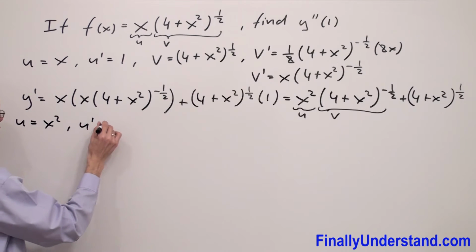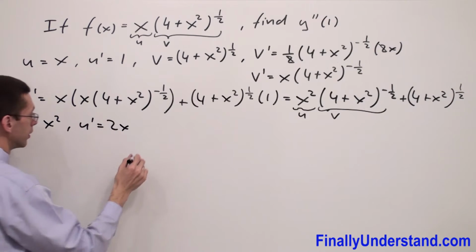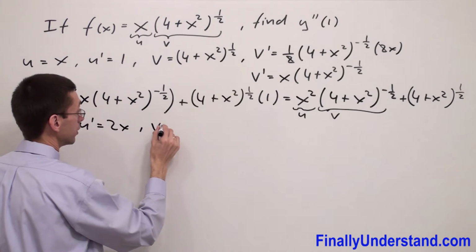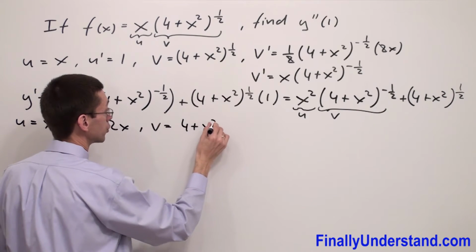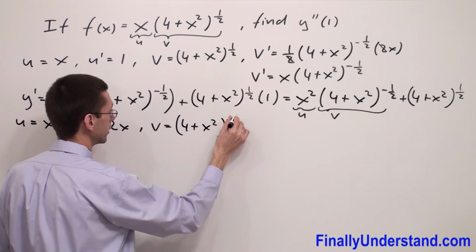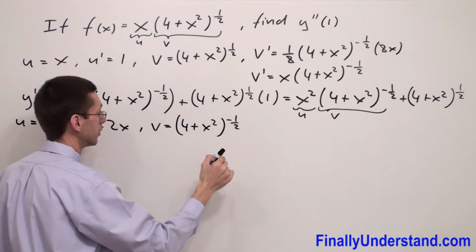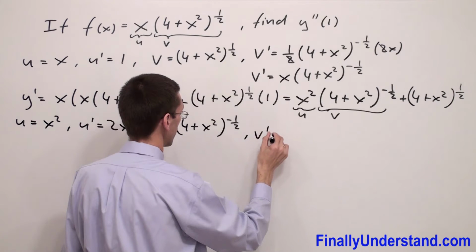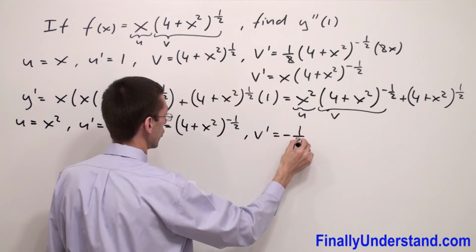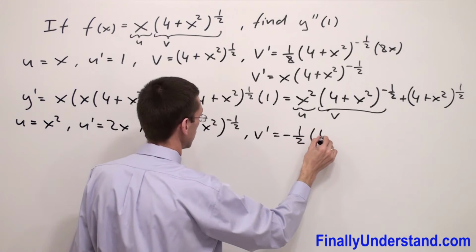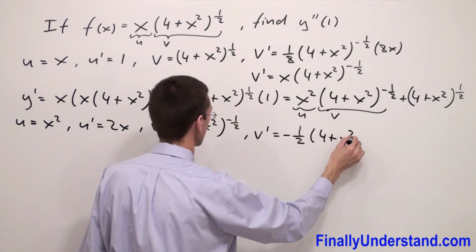U prime is equal to 2x. V is equal to 4 plus x squared to power negative 1/2, and v prime is equal to negative 1/2 times 4 plus x to the second power